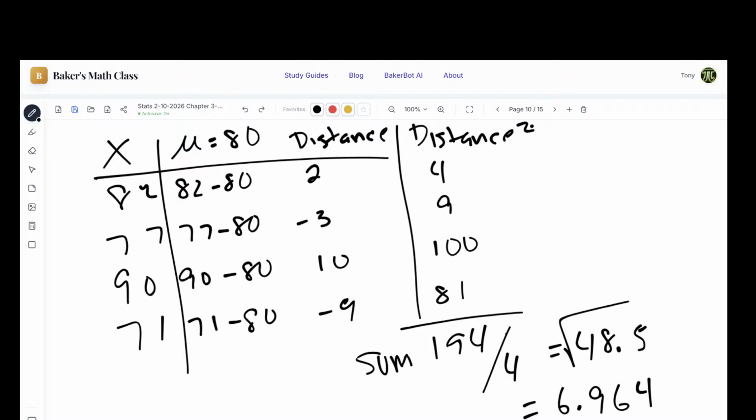Now imagine doing that for 100 numbers. Or even 20. It takes a while to do it for 4, let alone a ton. So what that's doing is it's basically telling me how spread the data is. So it's giving me an average of how far away the actual values I have are from the middle value. Okay?